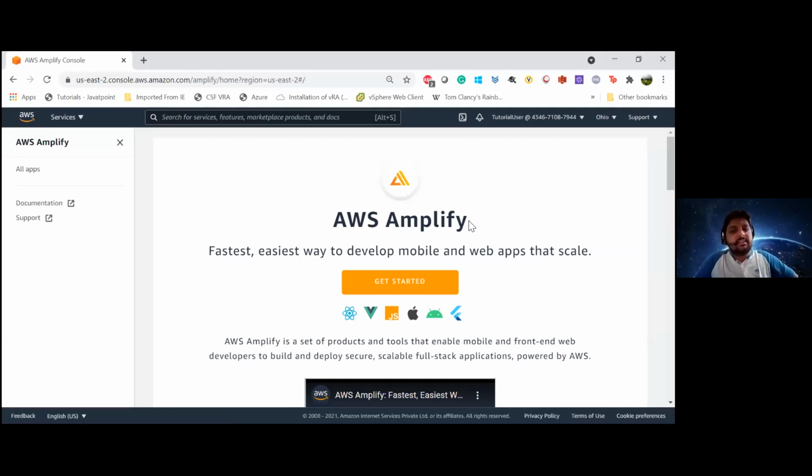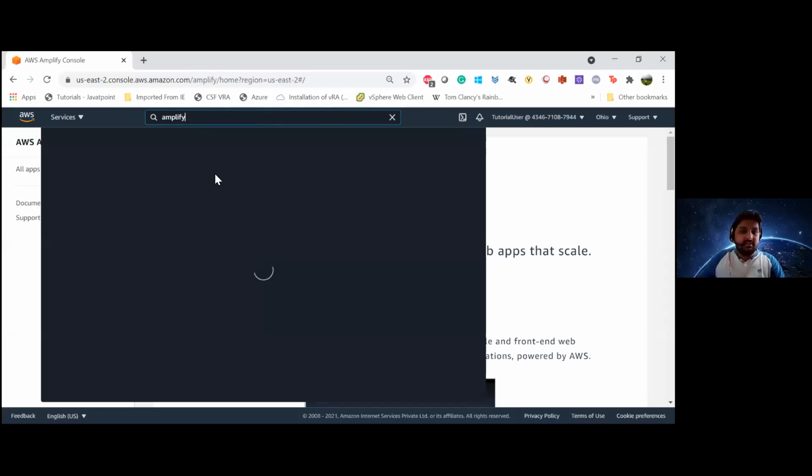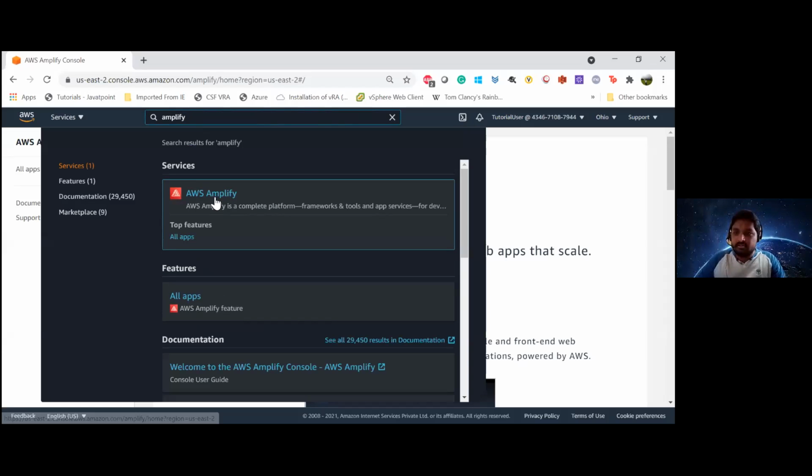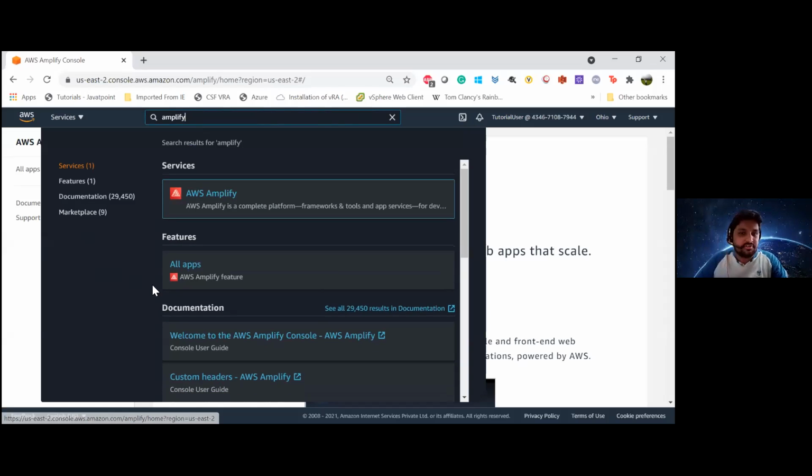Krishiv, in the backend it uses Node. Yes, Node.js. It doesn't use React or Electron.js as of yet. Good. Anushka, search AWS Amplify on the top and open the first thing that you see. Just search for Amplify, and you'll see the service Amplify, and click on that, and you should come on this page.